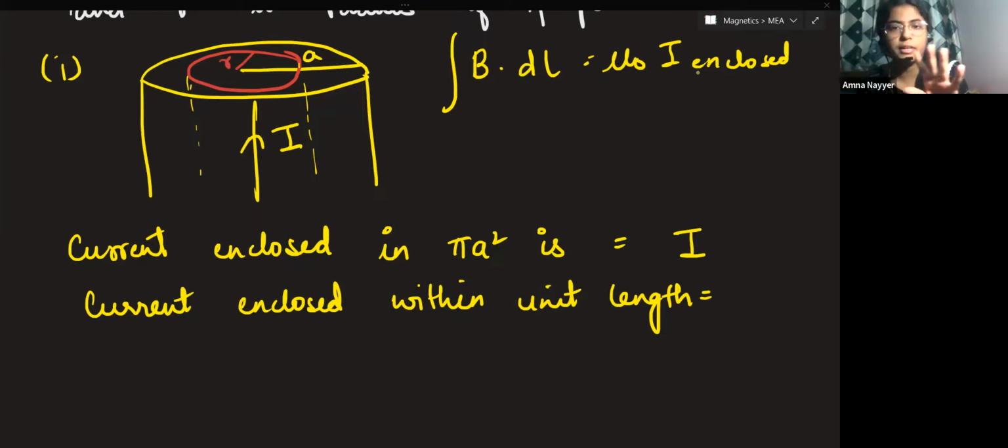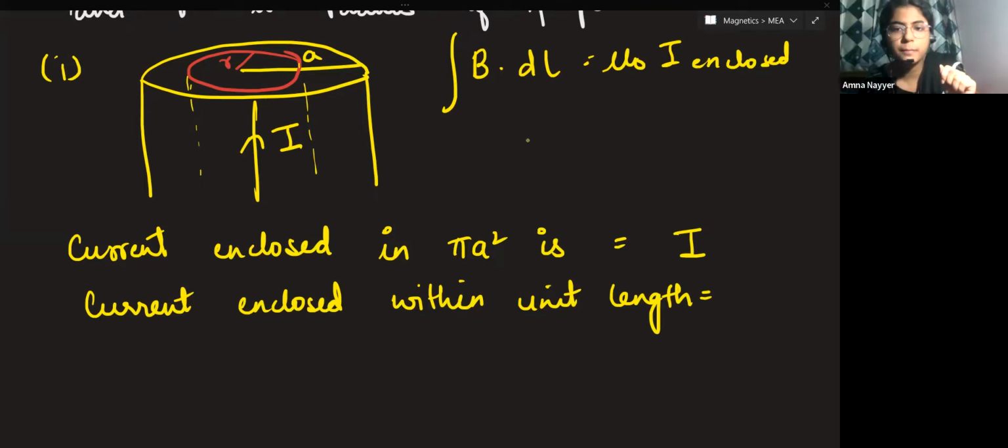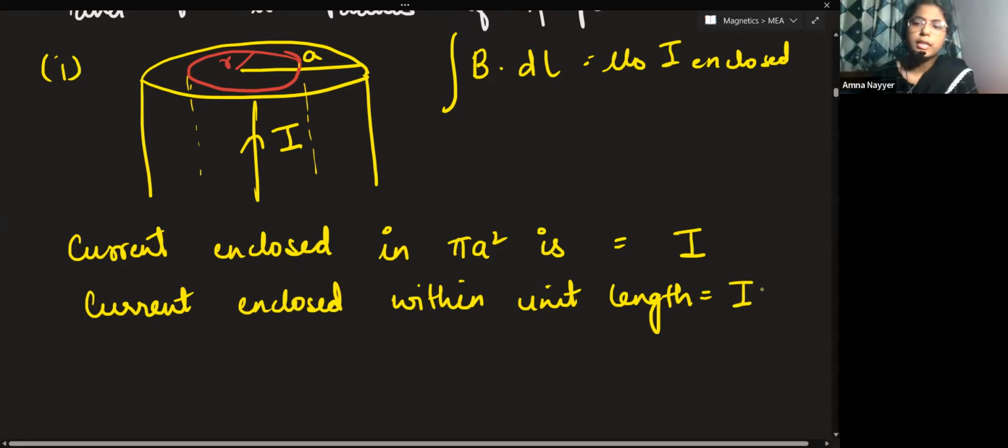Okay, Hanifa. Okay, fine. Anyone else from the class? I by pi a square. See, it's simple unitary method that you have been using. For pi a square, if it is I, for 1 it will be I divided by pi a square. For a unit length, means for 1 meter length, it is I by pi a square. And now in which area do we require the current? We require the current only in pi r square. Pi a square was of no use. Pi r square is our concern. So current enclosed within pi r square area,